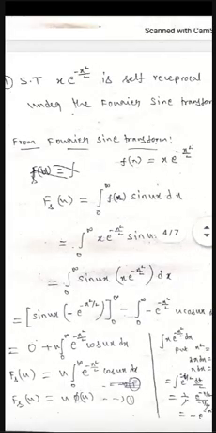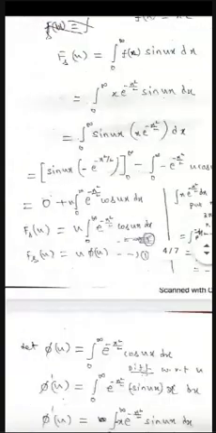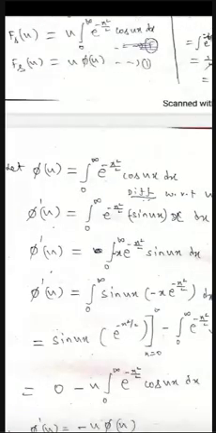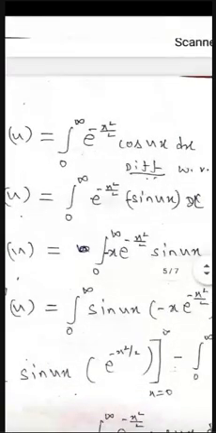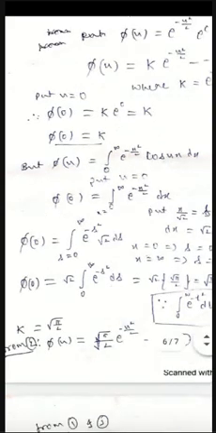What is that pi of u here? Pi of u is integration e power minus x square by 2 cos ux dx. In the place of u, you put 0 here. Pi of 0 equals cos 0, right? Cos 0 value is what? 1. So that pi of 0 is integration 0 to infinity e power minus x square by 2 dx. So that's what I have taken. In the place of u, if you put 0, you will get cos 0 value 1. So e power minus x square by 2 dx. This is what pi of 0 value. But pi of 0 value we have k.